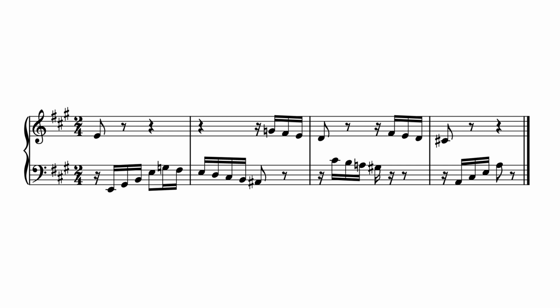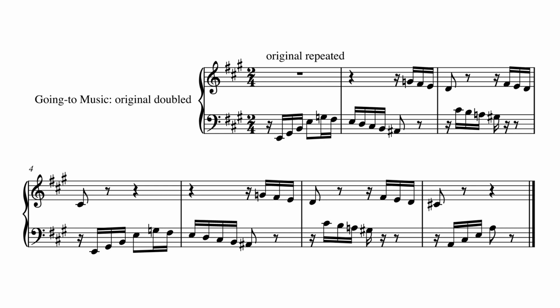There are 2 problems with using this material. 1, it's too short. 2, it starts in the wrong key. Our rondo theme ends on tonic, not dominant. We can fix these problems by copying the going to music and then pasting it in before the existing going to music. This works more smoothly if we delete the arpeggio at the beginning and if we transpose the newly pasted music up a step.